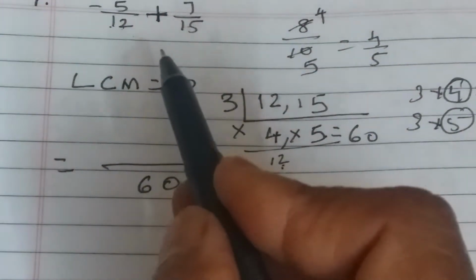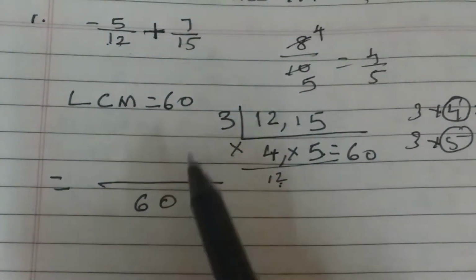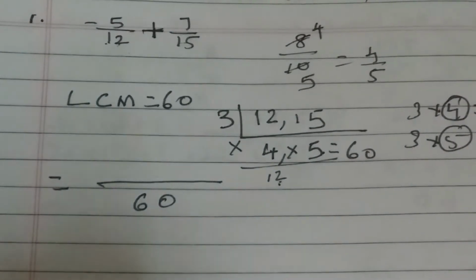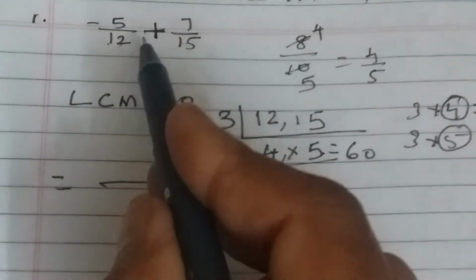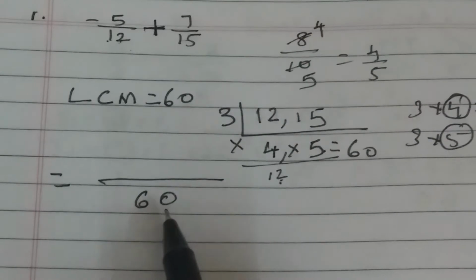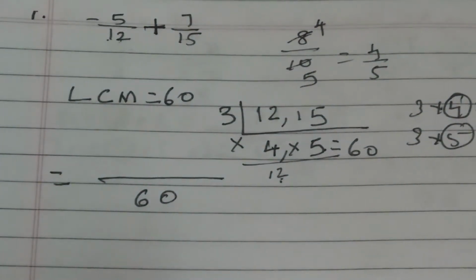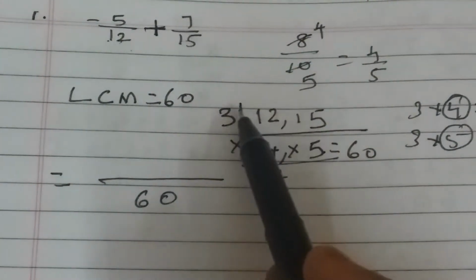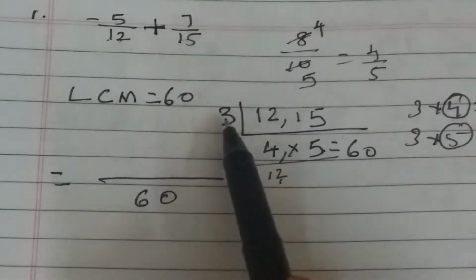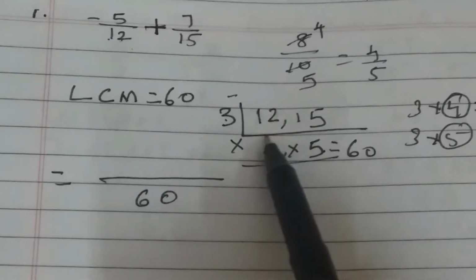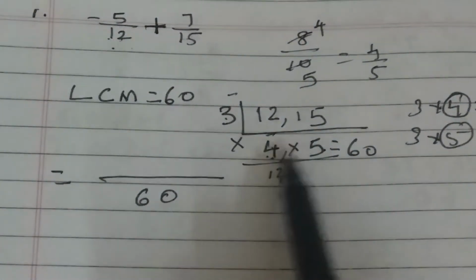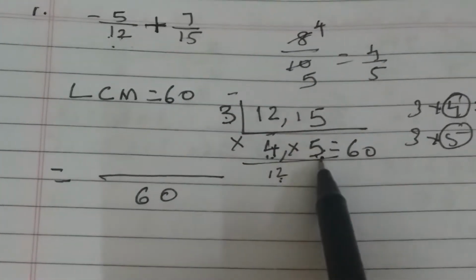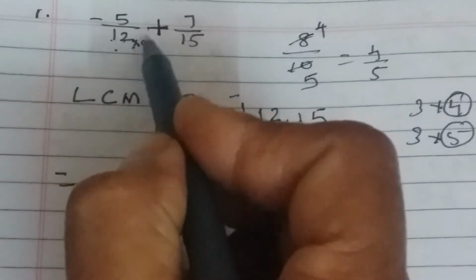What we have done is we have changed this 12 into 60. So when you make some change in the denominator, even the numerator has to be changed, isn't it? So 12 is multiplied by some number to make it 60. By what number it is multiplied, we have to find that. You can either go through the 12 table till you get 60, or just observe the numbers here in the LCM. 3 fours are 12, that is over. We want 12 only here. 12 into what is the left out number? 5. So this 12 into what gives 60? 5 gives 60. So 12 fives are 60.